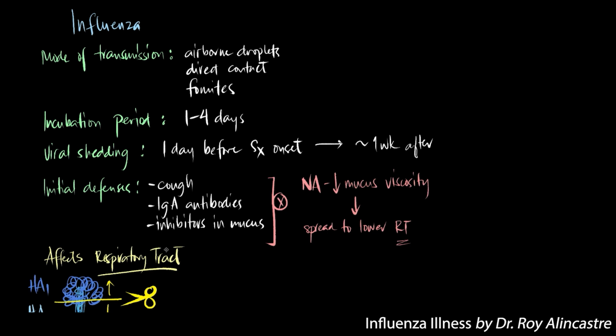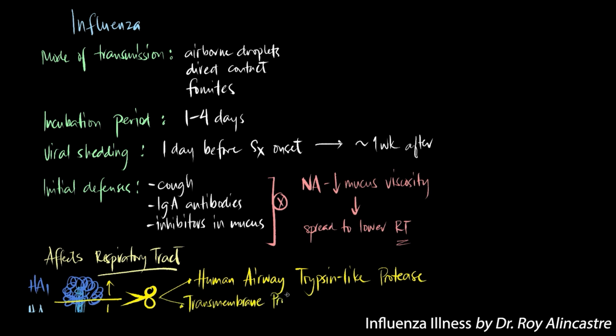Now, these proteases are the human airway trypsin-like protease, or the HAT, and the transmembrane protease serine S1 member 2, or TMPRSS2. And guess what? These proteases can be found only in the human airway. So that's why only the respiratory tract is usually affected. In other areas without these proteases, the flu virus is actually non-virulent, except, okay,